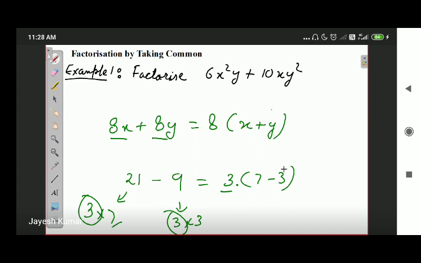This is what factorization is. Originally, the polynomial was in the form of addition. I changed the shape of the polynomial, I changed the face of the polynomial into the form of multiplication. Now it is multiplication of two terms. Earlier it was addition of two terms. So changing the form of a polynomial from addition or subtraction of terms into multiplication of terms, that is called the factorization of polynomials.